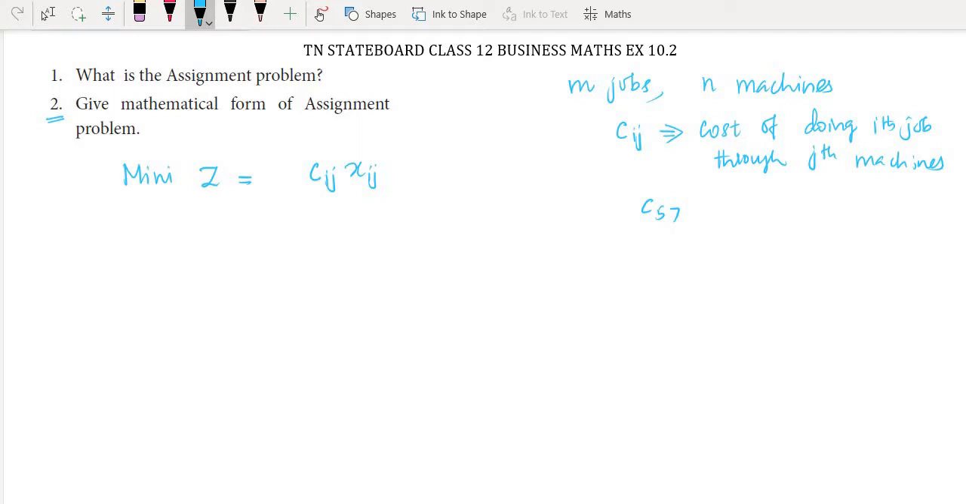So we have to multiply the cost times the quantity we are assigning, whether it is 1 or 0, and we have to take summation of it over j from 1 to n and over i as well from 1 to m. So this is nothing but our total cost for the particular assignment. And what are the constraints we have? Subject to the constraints,